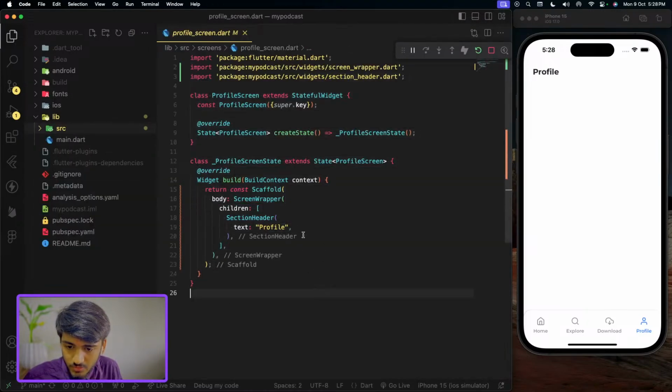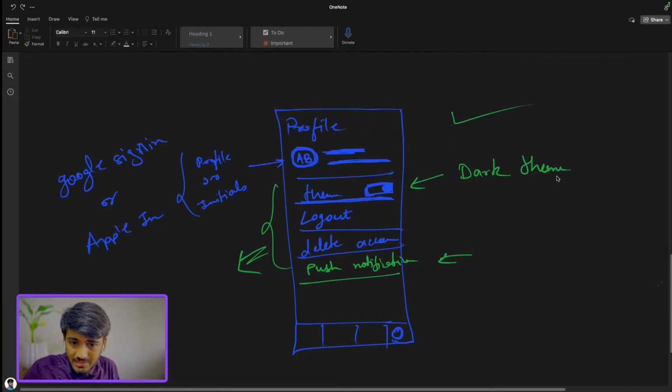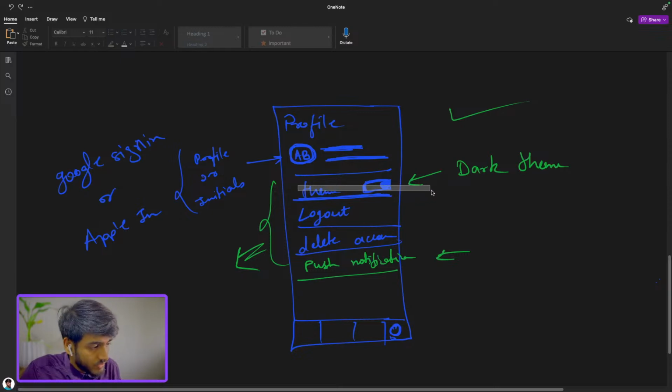Yeah, let's work on this now. So this is what we decided in the morning session today. We'll have a profile picture or the initials, whatever we get from the Google sign in or Apple sign in. We'll have their name and their email address. We'll have a dark theme switch,